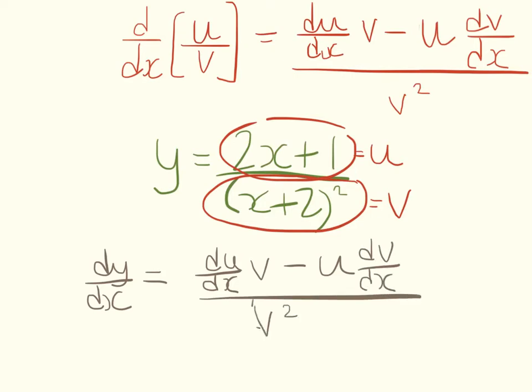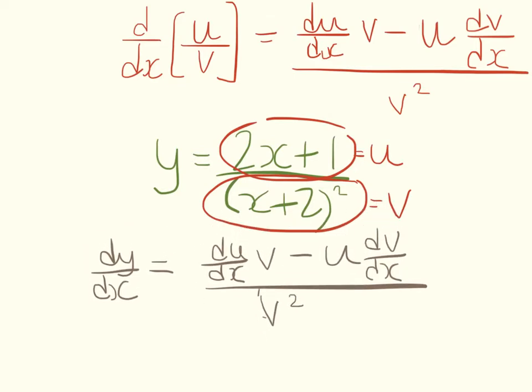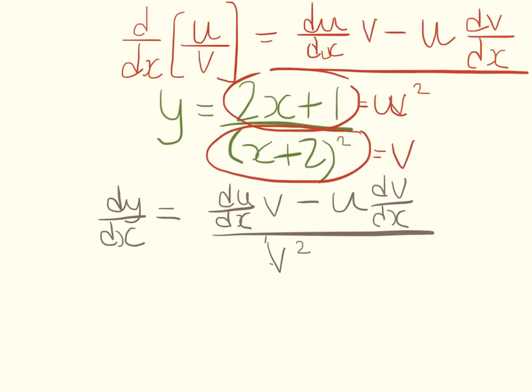So then if we substitute in, if we differentiate our u, which is this bit, then we get 2, and then we multiply that by v, which is x plus 2 squared, take away, now we don't differentiate u, so we've got 2x plus 1, and we do differentiate the v,